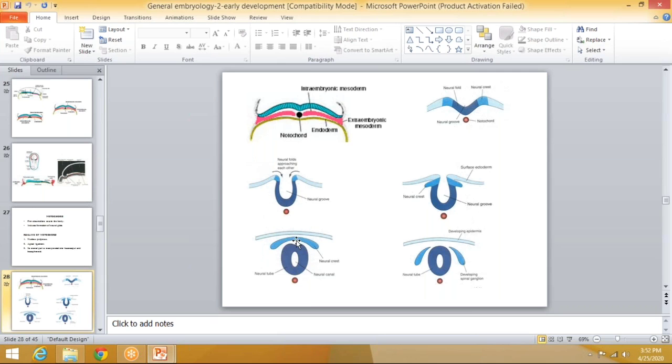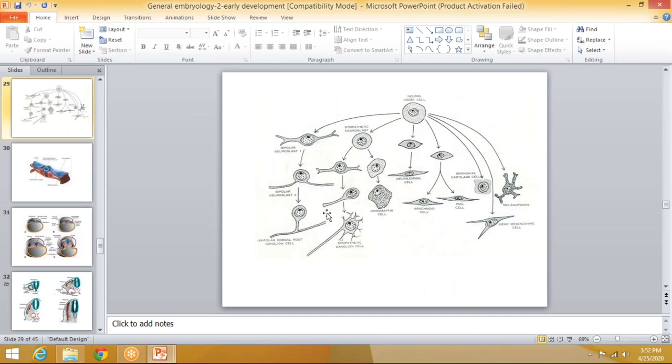This is the notochord. These are the neural crest cells, which will give origin to different cells. So the neural crest cells give rise to Schwann cells, sympathetic ganglionic cells, arachnoid cells, pial cells, mesenchyme, melanocytes, then neurolemmal sheath cells, that is Schwann cells, chromaffin cells, sympathetic ganglionic cells. So these are the derivatives of neural crest cells. It is very important.